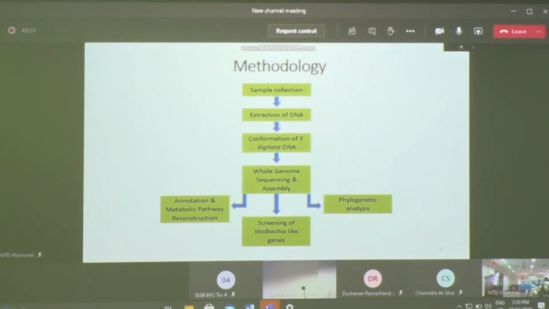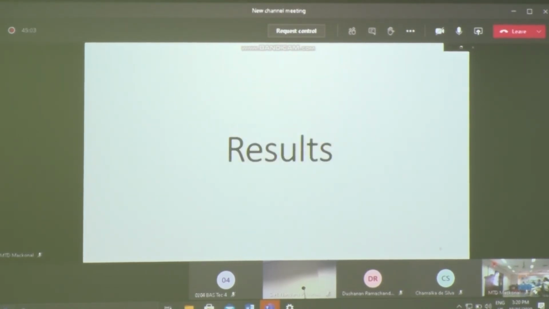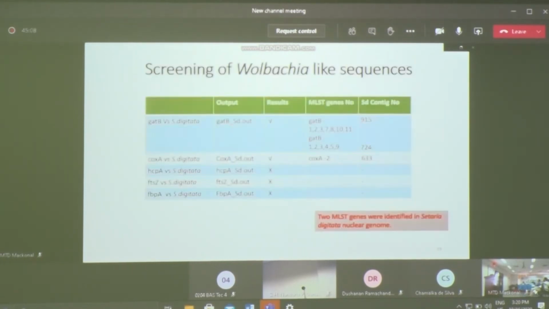Moving to the results. For screening of Wolbachia-like sequences, homogeneous sequences were found only for oxide and NP sequence. Sequence identity was higher than 50% and even was smaller than 4, and therefore it can be considered that sequence similarity is countable. This result provided the bioinformatic evidence for the presence of Wolbachia-like DNA sequences in the Kotelawala genome. In order to prove these bioinformatic findings,